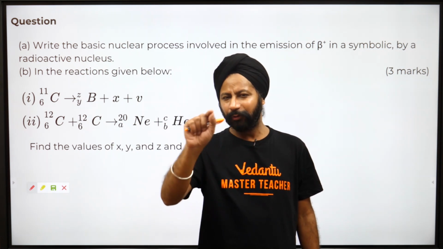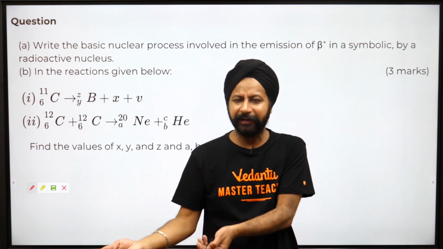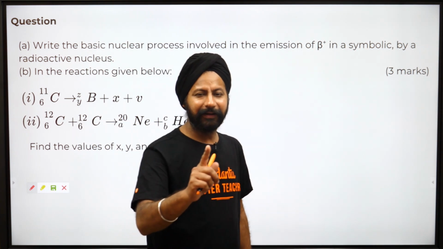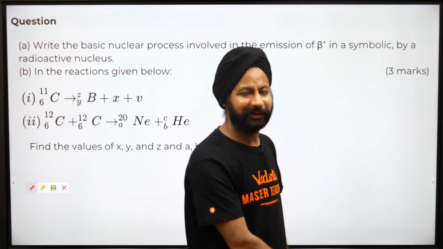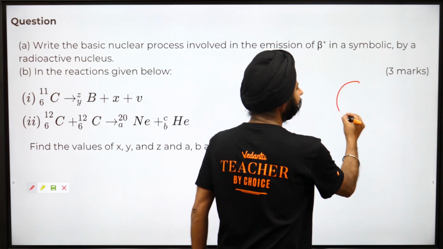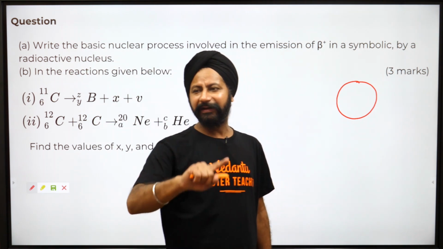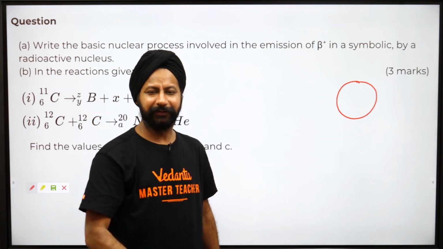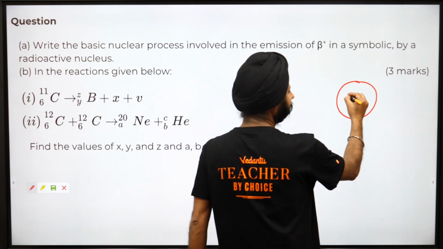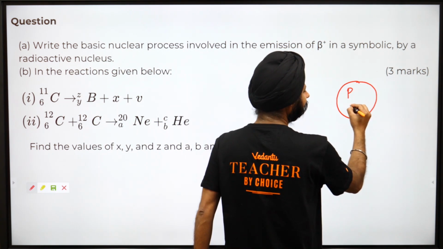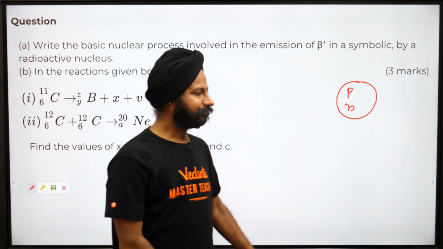Nucleus में neutrons और protons हैं. तो ये बीटा पार्टिकल कहाँ से आ रहा है? बीटा पार्टिकल आ रहा है क्योंकि बीटा पार्टिकल बनाया जा रहा है. Let's see how. So let's say there is a nucleus here. Let's first see beta negative and then we'll see beta positive. तो बीटा नेगेटिव कहाँ से आता है? बीटा नेगेटिव यहाँ से आता है. There are protons and neutrons.